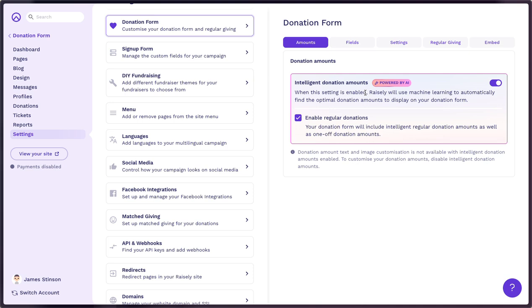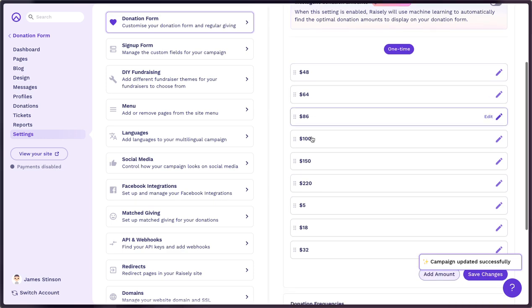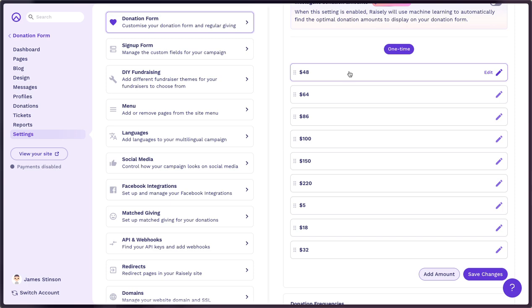And this can be really great to use when you're not really sure what dollar handles you should be using. But if we switch this off, you can take the driver's seat and you can, as you can see, add as many different amounts on your form as you like. Now I've got a few little different things going on here, but as you can see, if I hit add